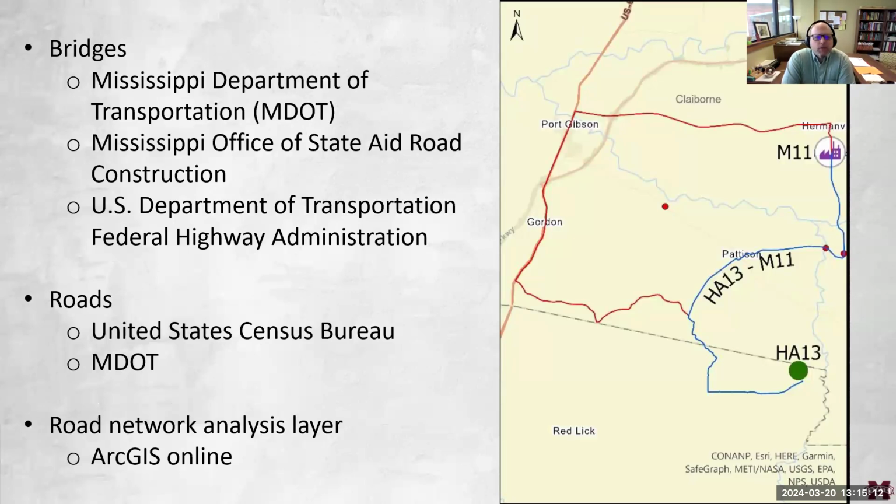So we were able to get, as I mentioned, that data on bridges from the Mississippi Department of Transportation, Mississippi Office of State Aid Road Construction, and the U.S. Department of Transportation, Federal Highway Administration. Swagat did the work here, putting together a lot of different data sets to make all this work. There are other routes, other than just county roads, that from an optimization perspective, from just the math, could be used. We need to know all that coverage at all the different governmental levels